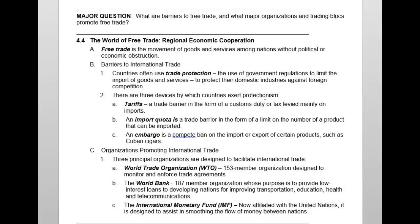Many people in the United States are against free trade, and there's a raging controversy about whether it's good or bad for the U.S. So there are several organizations that try to promote free trade. We have the Regional Economic